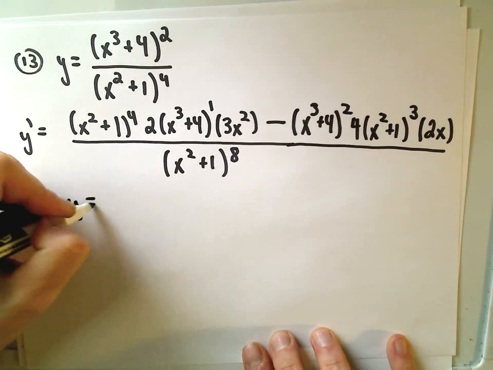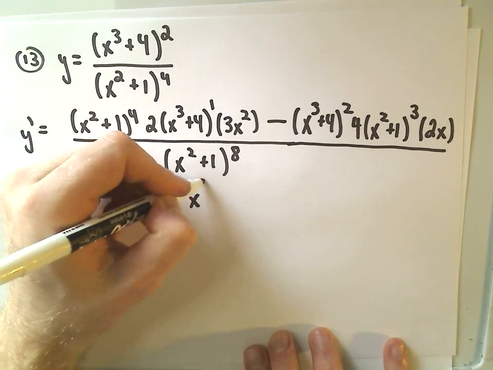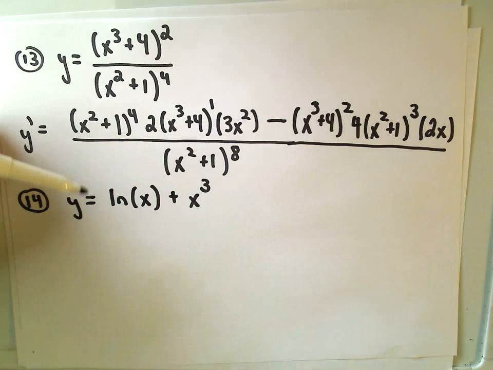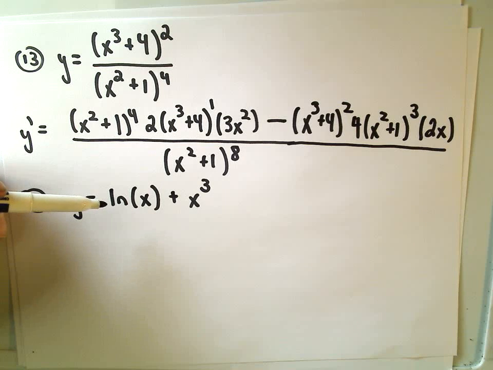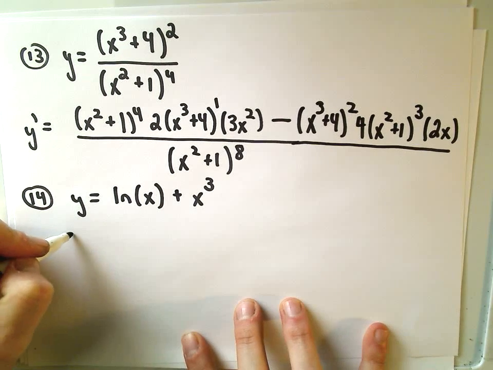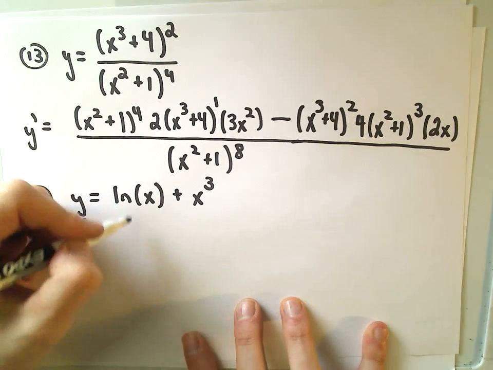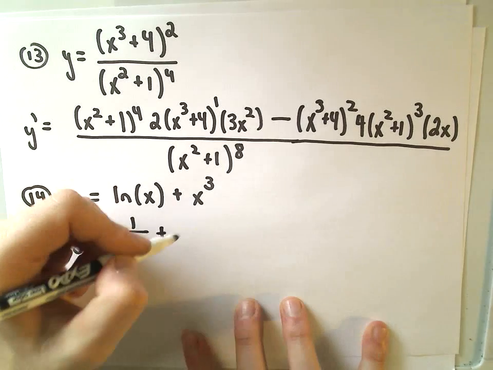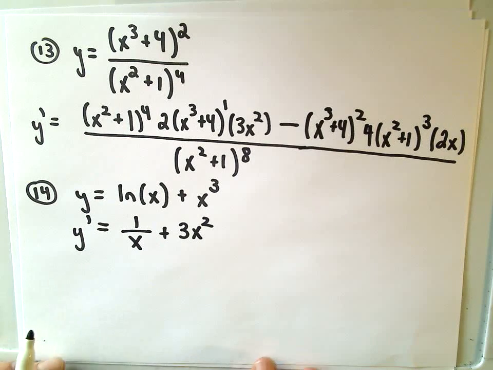Okay, so in 14 we had y equals, so some logarithms here, ln of (x plus x cubed). Nothing crazy here. One thing to be aware of with logarithms, though, is if there's any sort of algebra, remember there's all these properties, and we'll see some in a minute. The products turns into addition, division turns into subtraction, exponents can come out front. A lot of times the trick with logarithms is to simplify them, but here everything's pretty much already simplified, so we'll just take the derivative. So the derivative of ln of x is just 1 over x. The derivative of x cubed is simply 3x squared, and now we have our